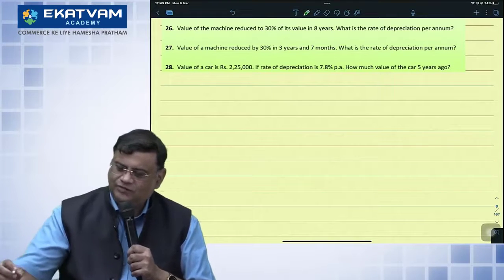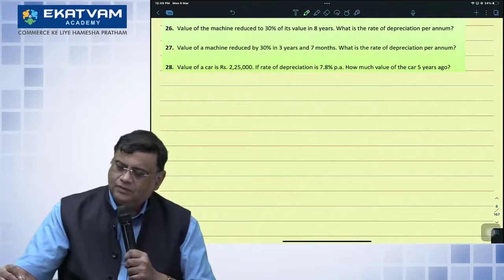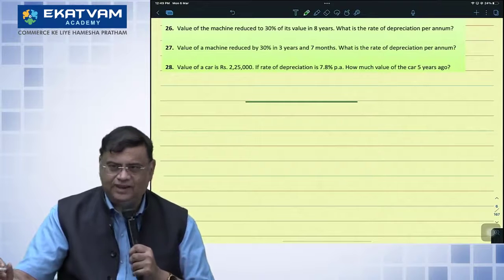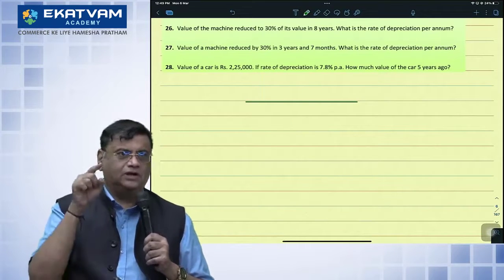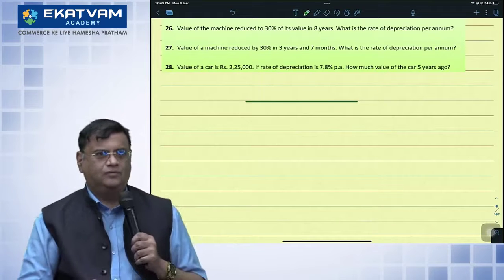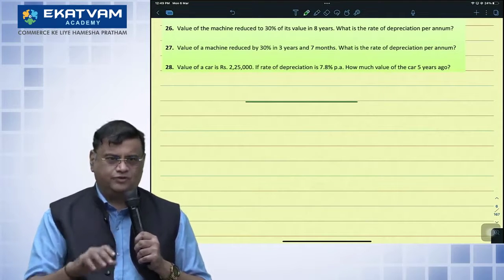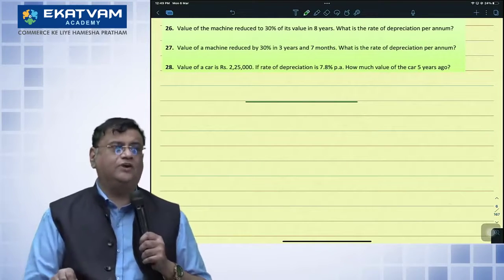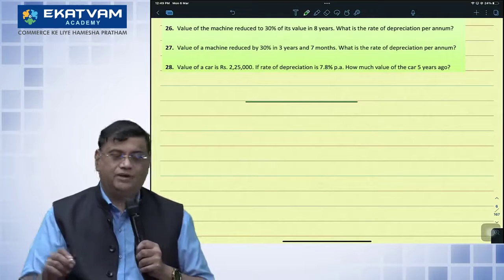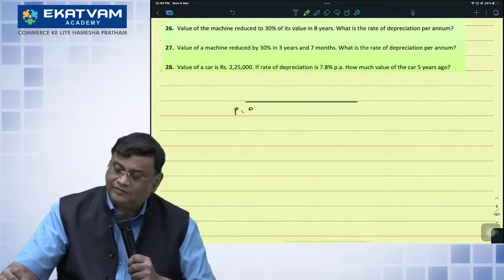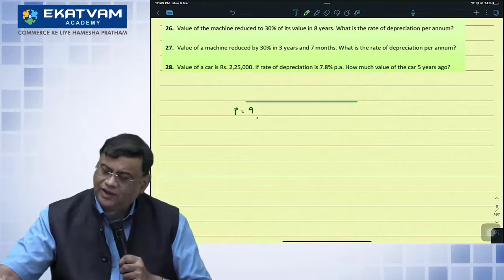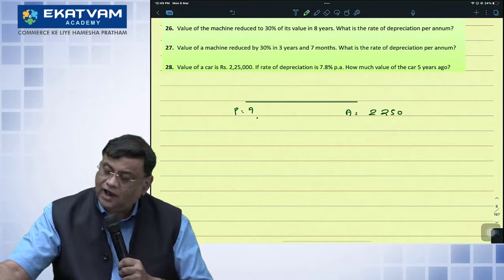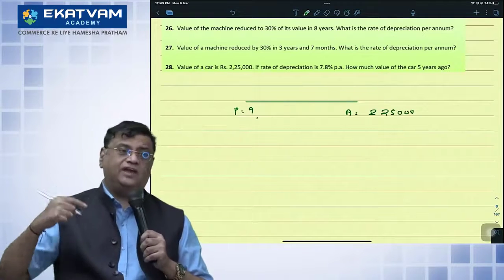ओके, हियर वी स्टार्ट। सी, आज के लिए कल फ्यूचर है। फॉर टुडे, टुमारो इज अ फ्यूचर, बट फॉर यस्टरडे, टुडे इज अ फ्यूचर, and we have to find the yesterday's value. That means actually we have to find out the present value, and this value given 2,25,000 will now become A. इन रियल सेंस ये आज की वैल्यू है, बट कल के हिसाब से ये आज क्या हो गया, फ्यूचर